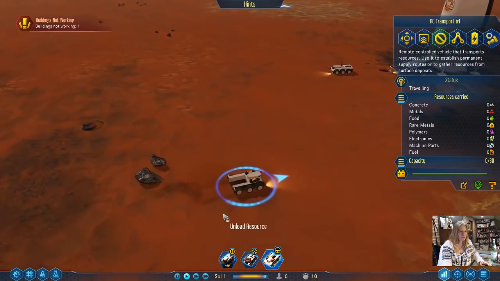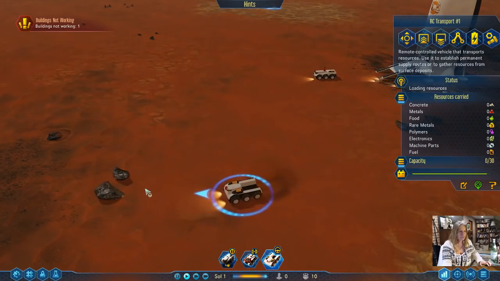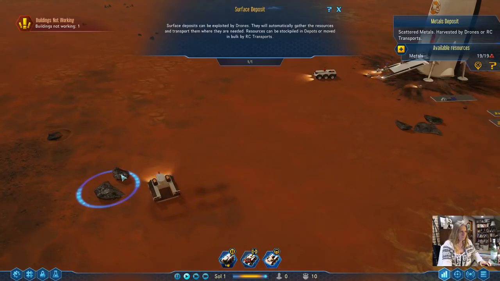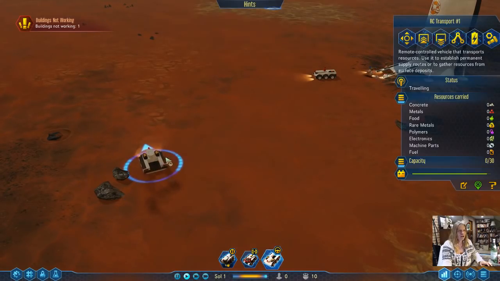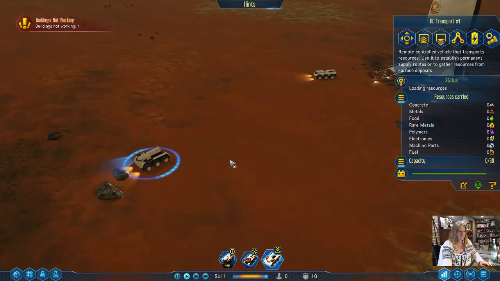And then did he pick it up? No, he didn't pick it up yet. Load resources. Do it good. Yeah, again, the whole right left click thing, load it. You take that, load that up. There we go. So in a minute,